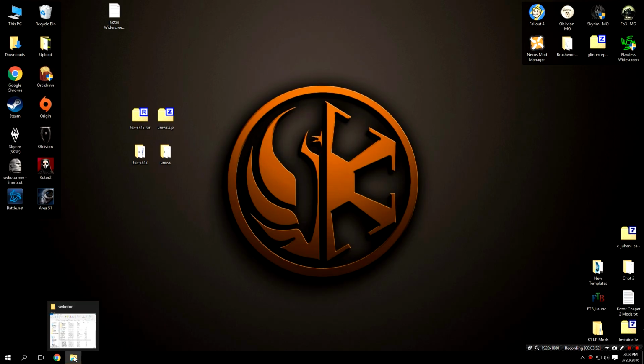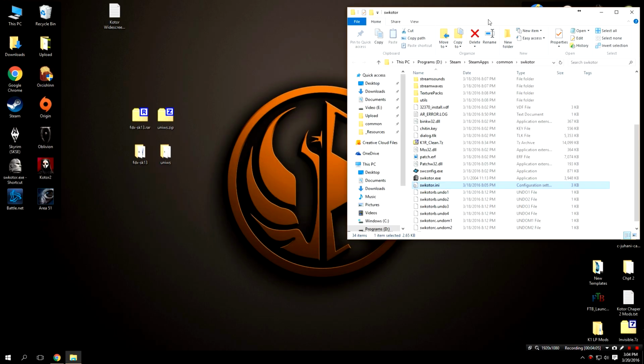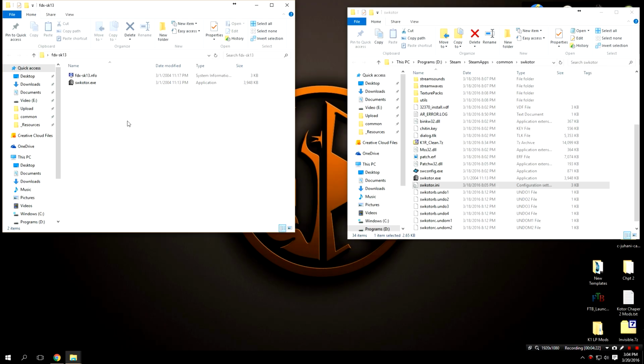Now that I've done that, open up the folder that you're in again, so this is still the SW Kotor folder, and just kind of move it off to the side. Go to the description of this video and click on the link for the Star Wars Kotor executable. You'll download it and you will get a folder called FDX-SK13. Inside this folder, once you've extracted it using an archiving tool such as WinRAR or 7-zip, you will see